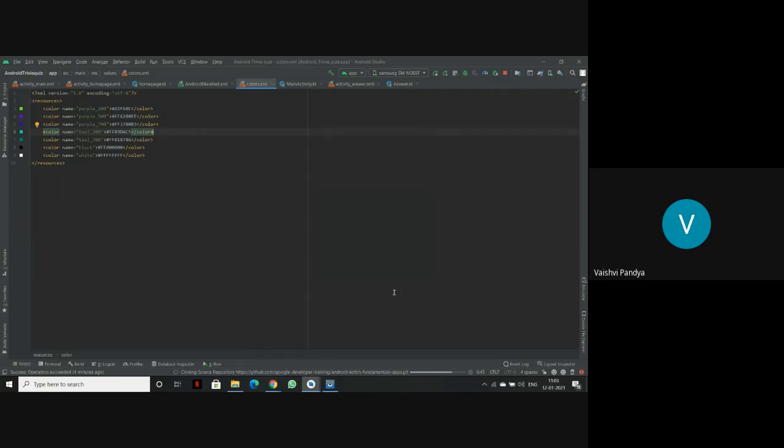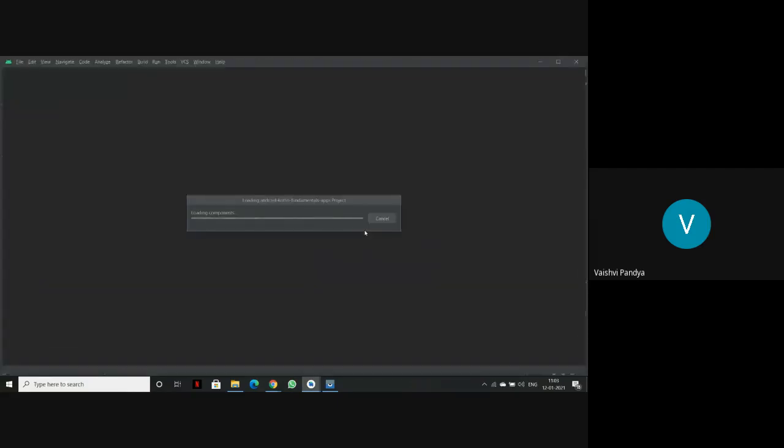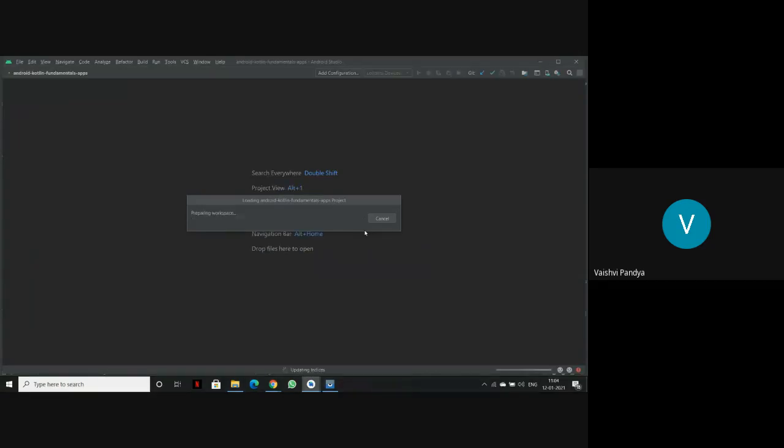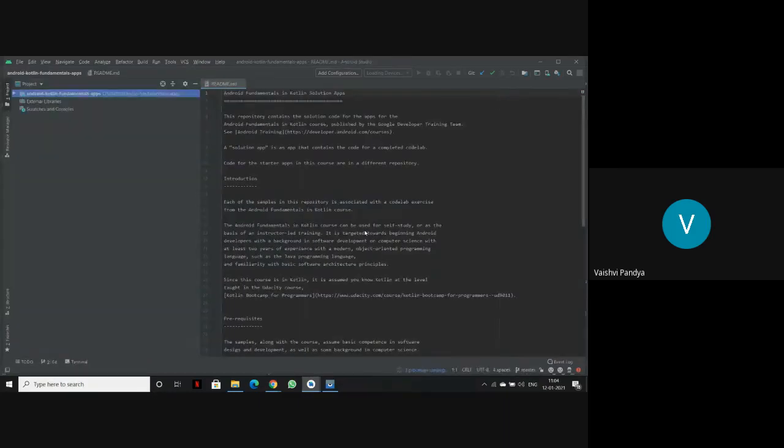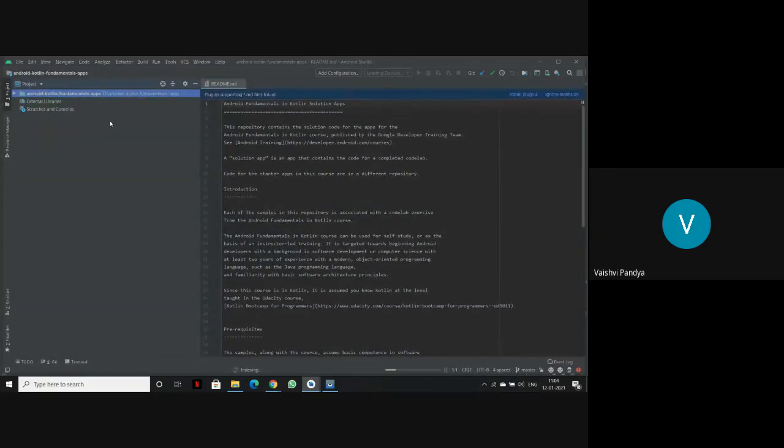It may take some time depending on how big the file is. We'll just use it in the new window. As you can see, the file has been extracted here.